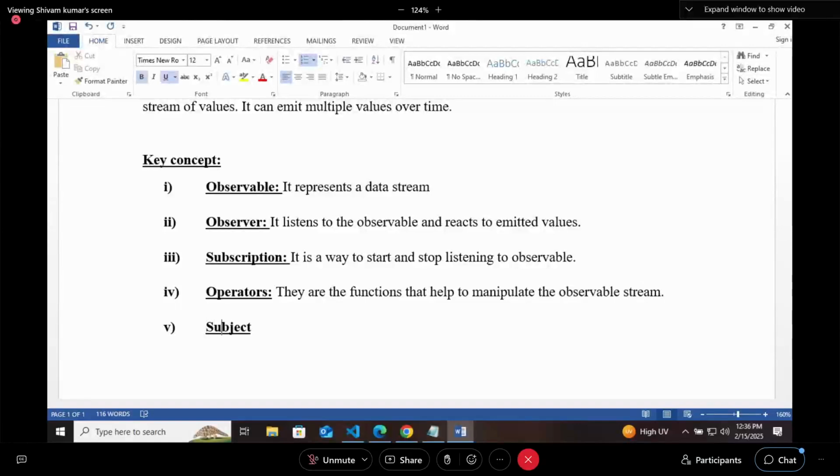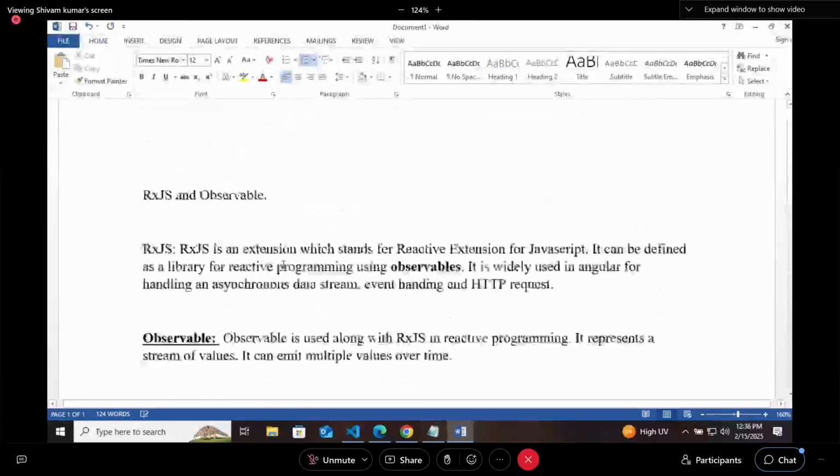Then we got subject, a special type of observable that allows multicast. These were your RxJS and observable.